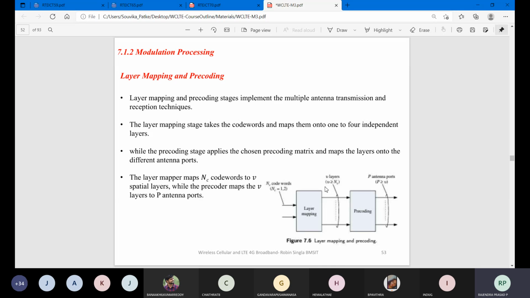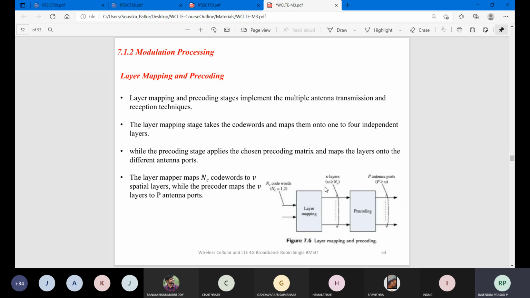Why we are doing this is that we want that increased frequency. So whether that condition is allowed or not is going to be checked, and to check that we have this layer mapping and pre-coding. Pre-coding means what? If you are not able to transmit your data to the required destination, whether sufficient carrier frequency should be included or not, that we need to observe.